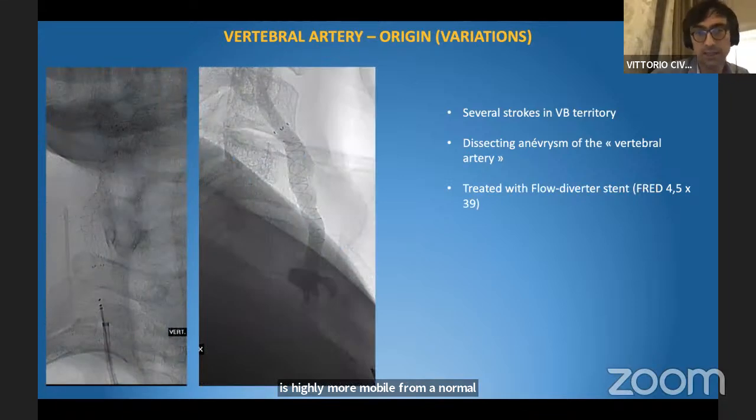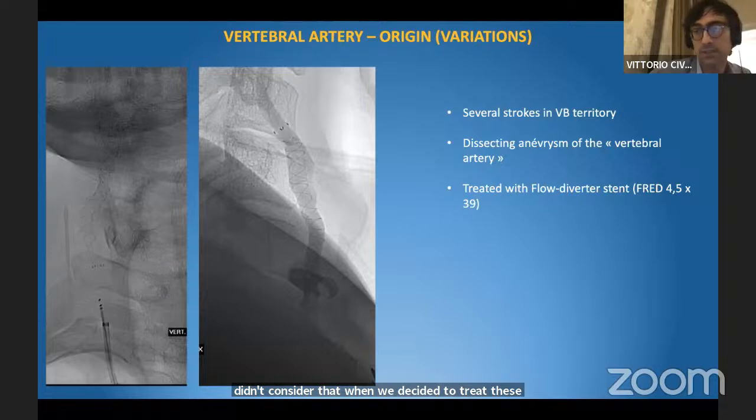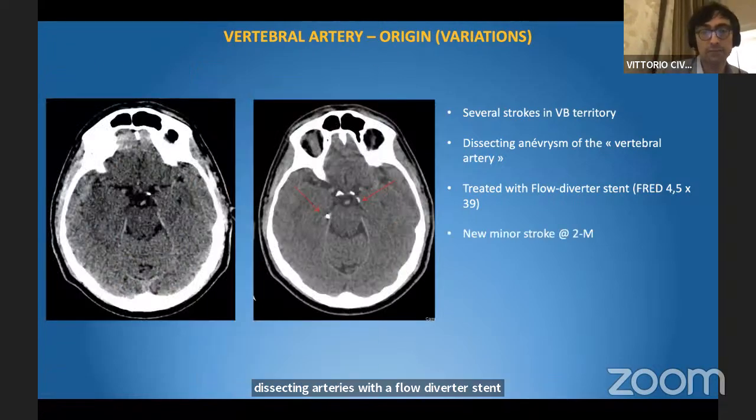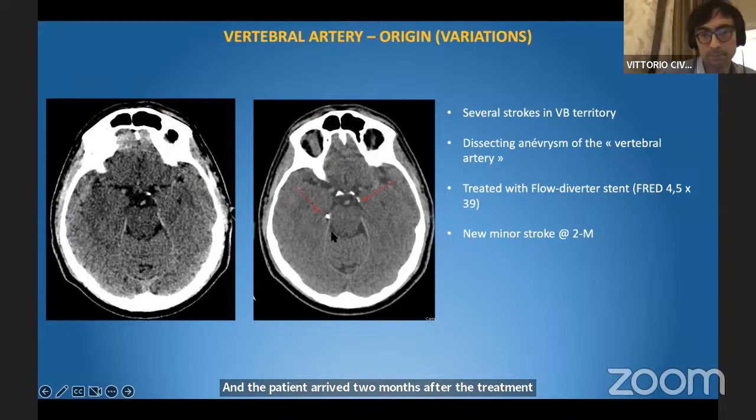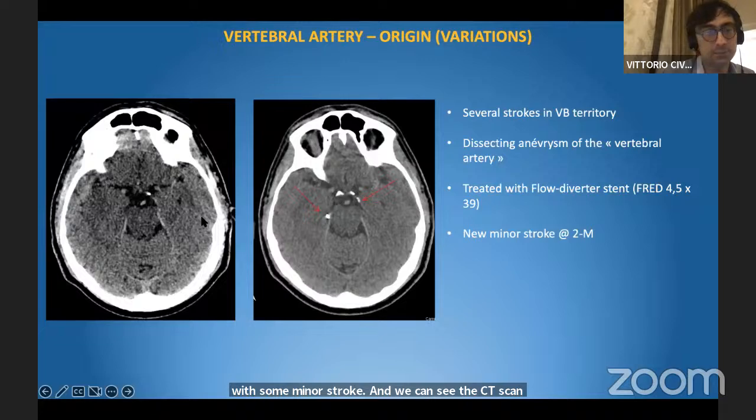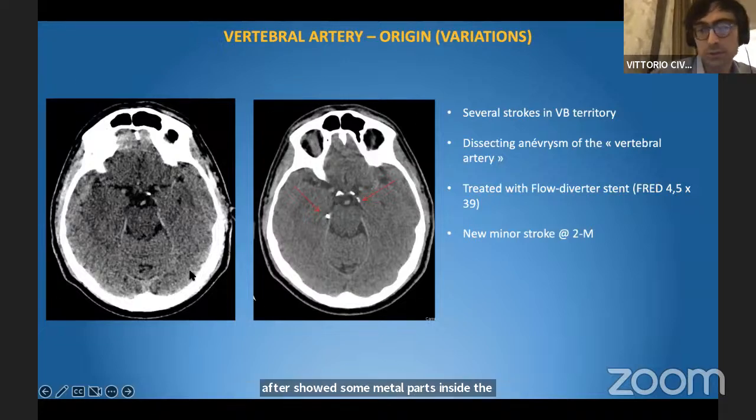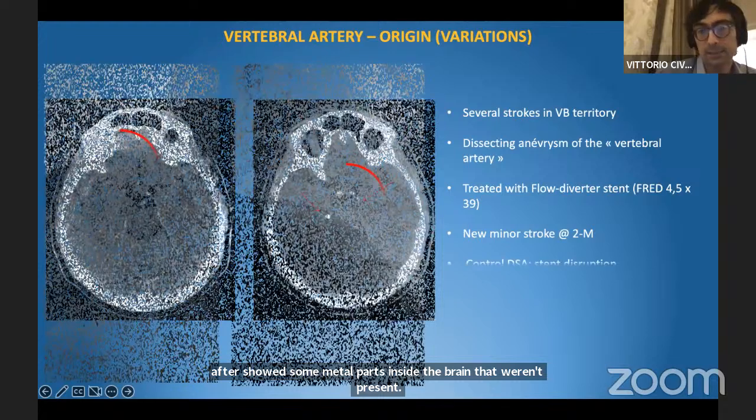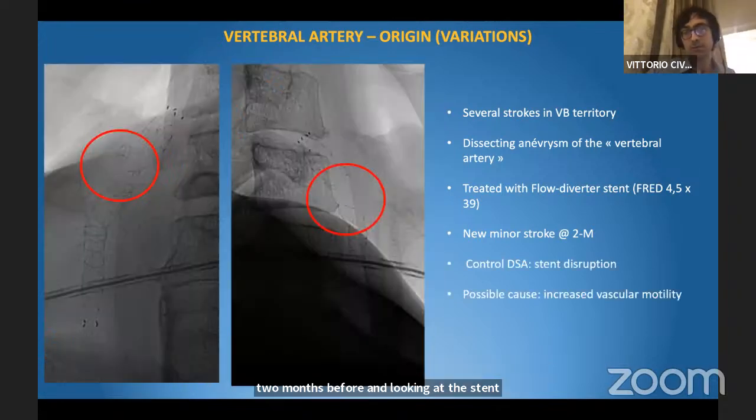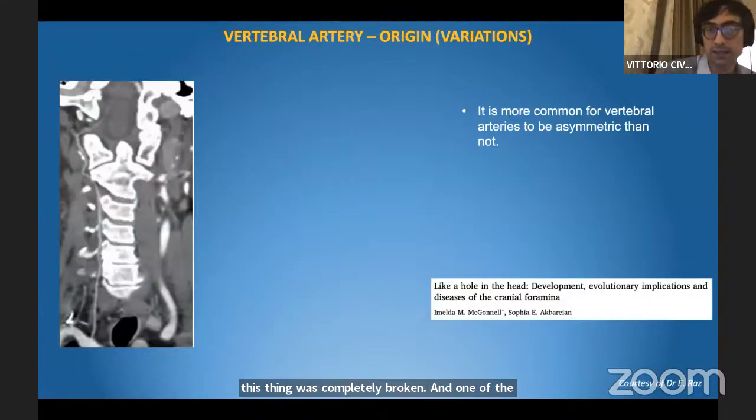We didn't consider that when we decided to treat these dissecting arteries with a flow diverter stent. And the patient arrived two months after the treatment with some minor stroke, and we can see the CT scan afterwards showed some metal parts inside the brain that weren't present two months before. And looking at the stent, it was completely broken. And one of the possible causes was the increased vascular motility of the vascular anomaly. And as we saw before,